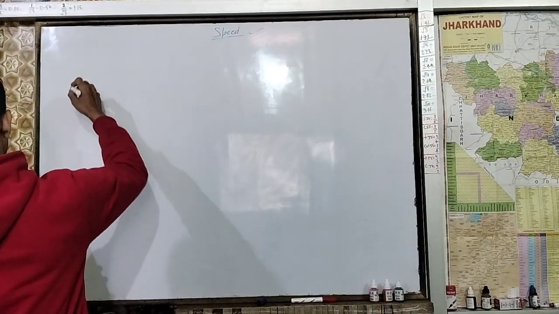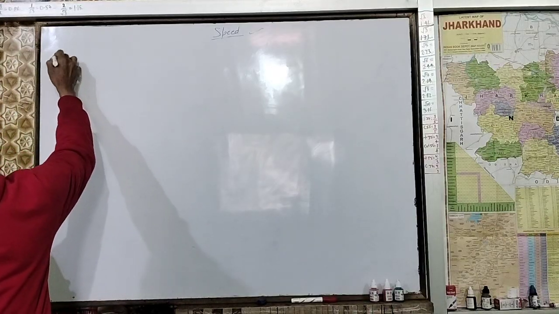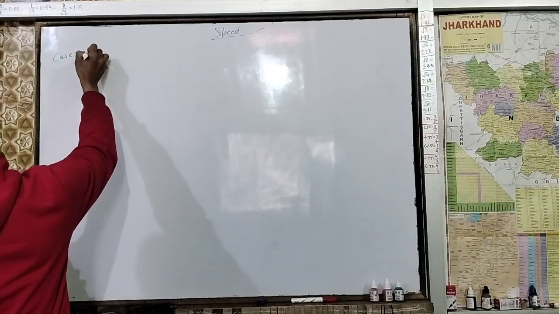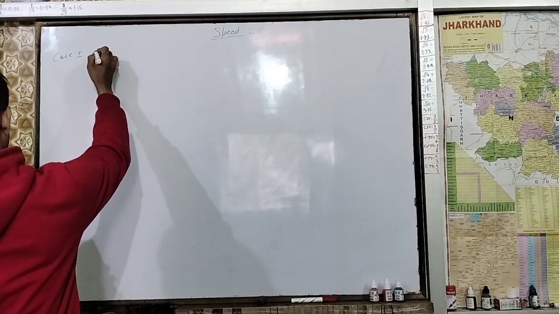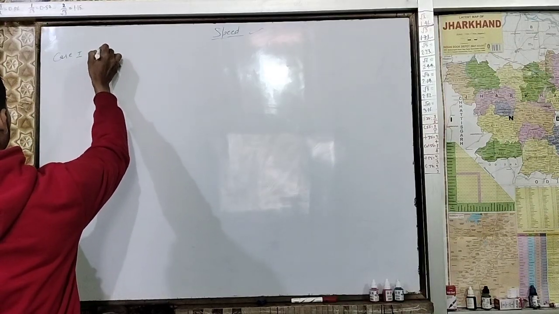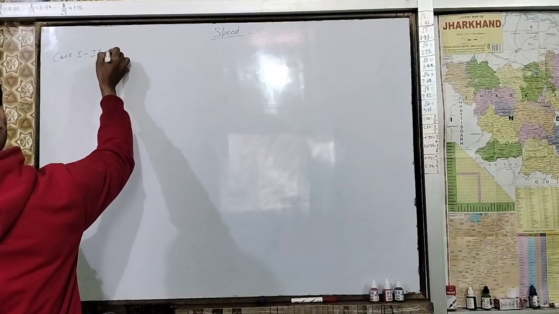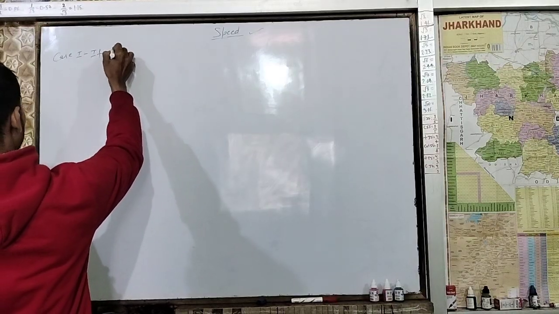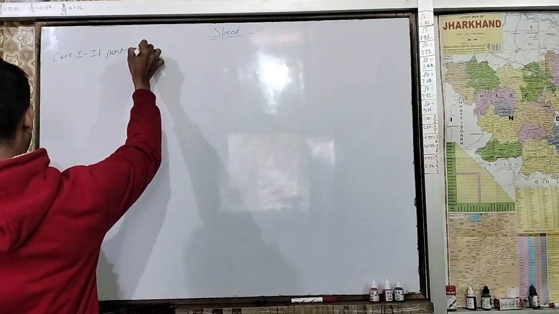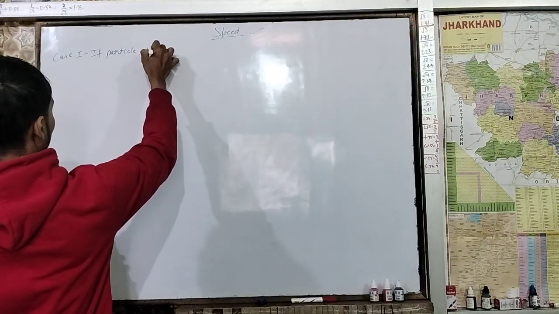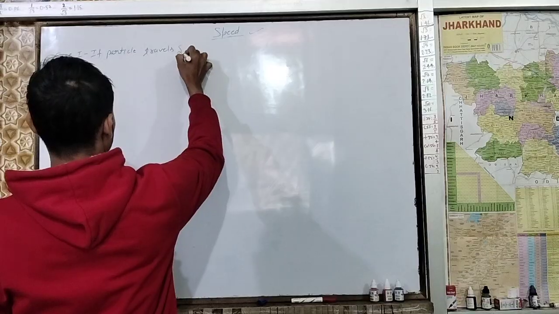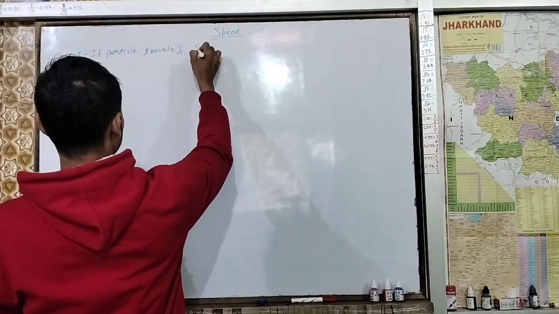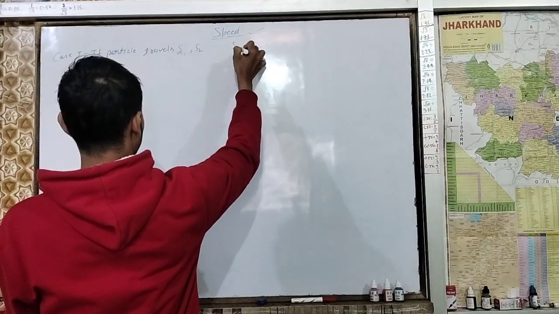First, case number 1 is: if a particle travels S1, S2, like this till Sn,